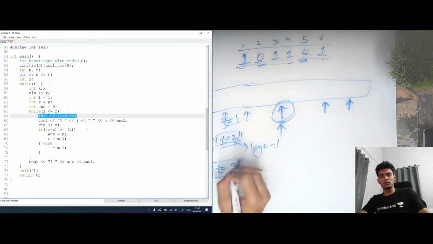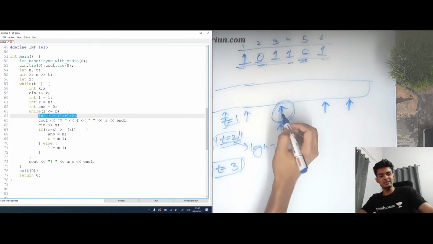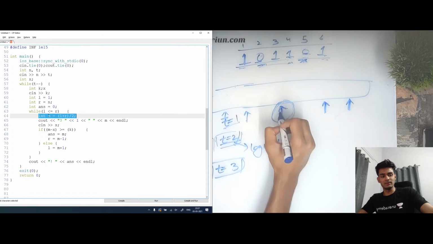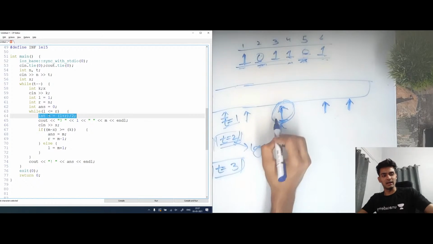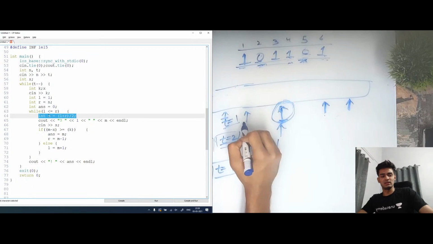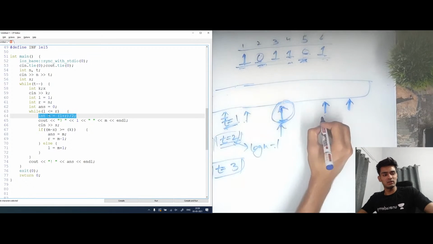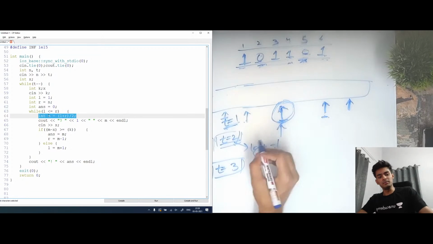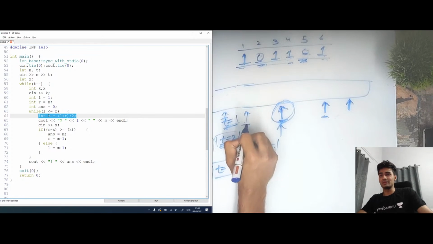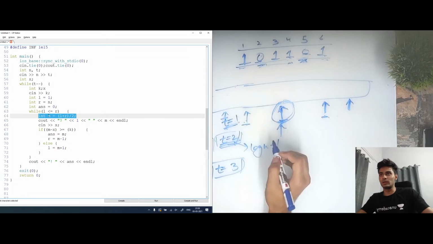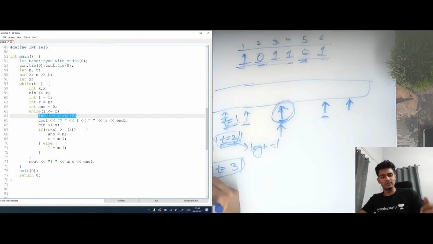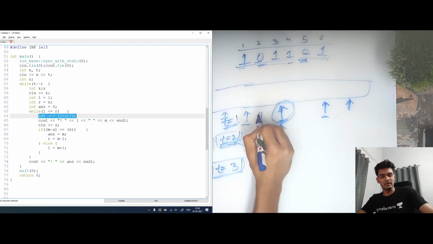Now, if we go on to t equals to 3, you will see that the very first query again will be this index only. Now the next query will be either on the right direction or on the left direction. Now from t equals to 1, we already know the answer for the right direction. From t equals to 2, we already know the answer from the left direction. So again, the second query also is something that we already know. So let's move on to the third query of this. The third query will be, let's say, here.